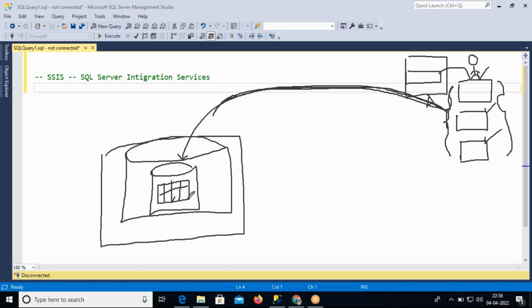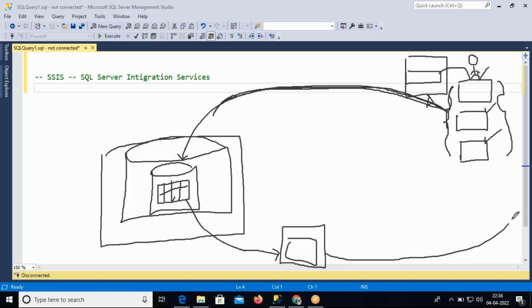Post processing, we know the reporting tools. In the market, we have various reporting tools, like we discussed SSRS, Power BI, Tableau, Cognos, QlikView. These are various reporting tools available in the market, and we will present the data in a report. Then we will give this report to the client for his analysis. The same information, the same data